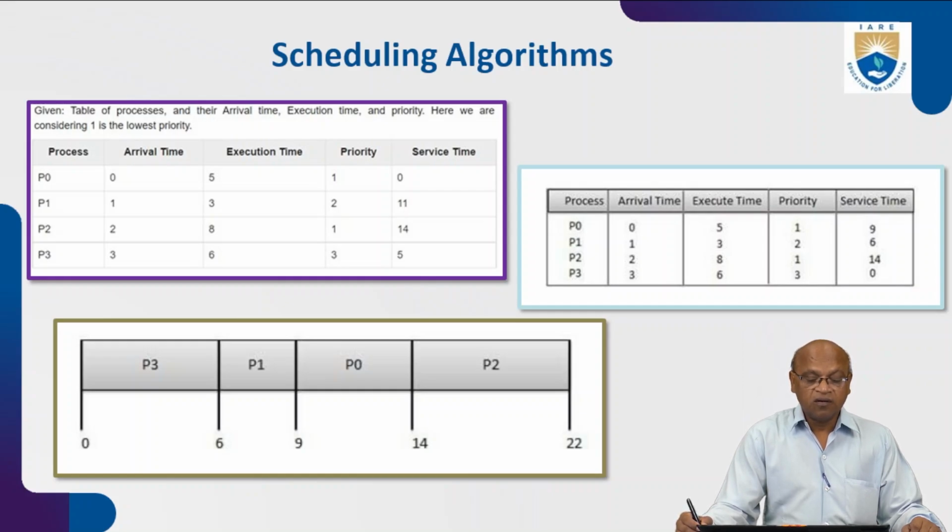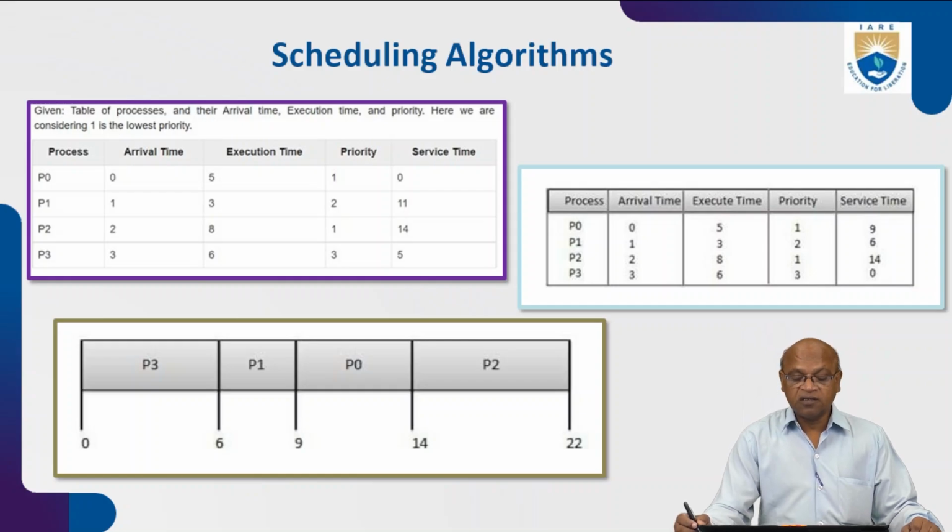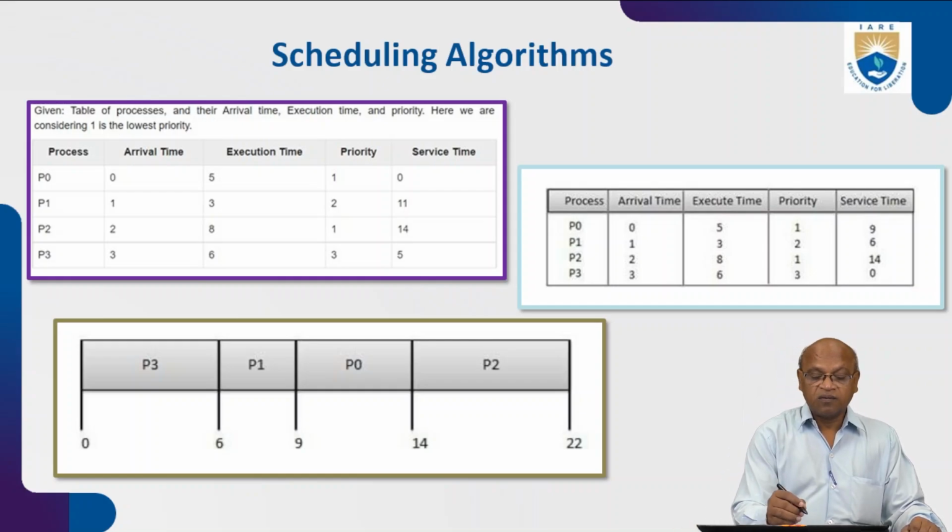So if you draw the priority Gantt chart for this one, P3 is having